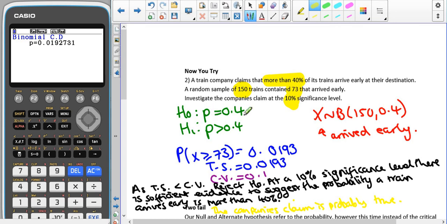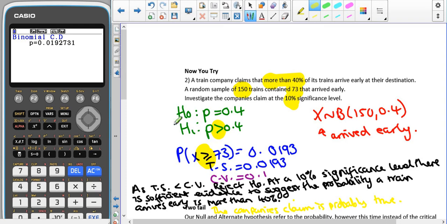So then our H0 is that p is 0.4, and our H1 this time is going to be that p is more than 0.4. So the number that we found was 73. And as I said before, with a one-tail hypothesis test, whatever the symbol in the question is, that's going to be the same symbol in H1, but because we've already found 73, we also need to include that value. So this time it's going to be P of X being greater than or equal to